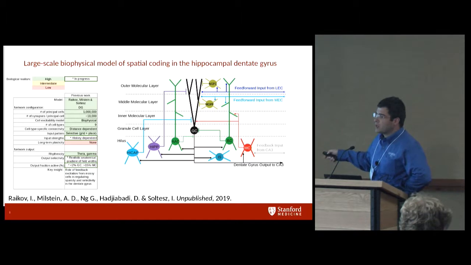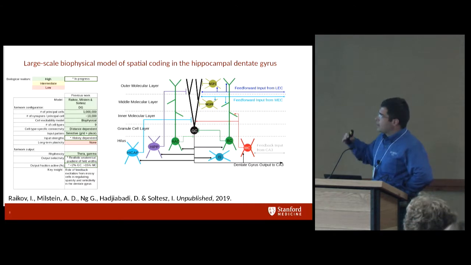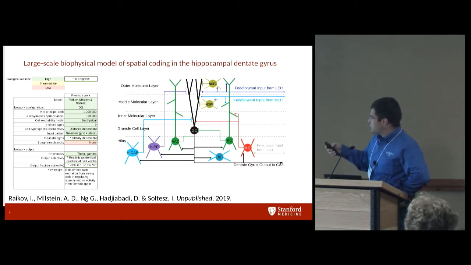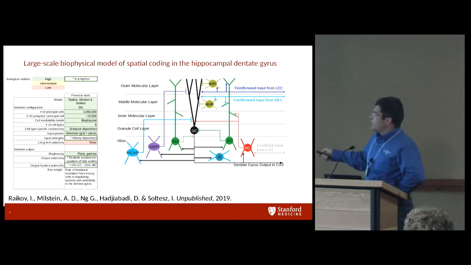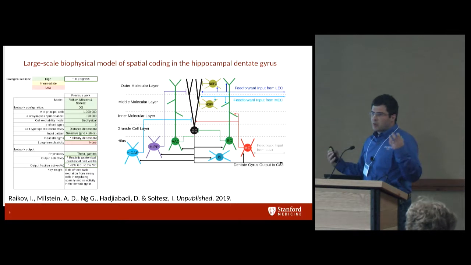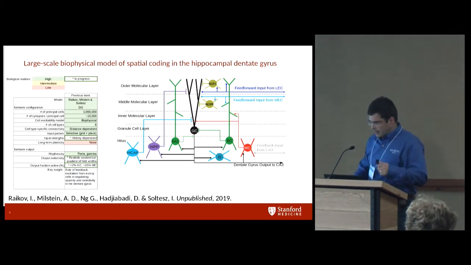They are thought to carry the information content. These other interneurons are thought to perform gain control, so they regulate activity as it changes with new sensory stimuli. And most importantly here, we aim to create a realistic representation of the spatial information that comes into the hippocampus from the cortex.